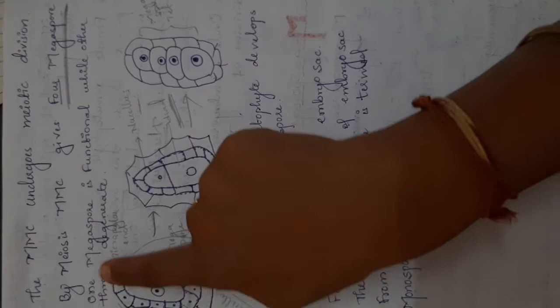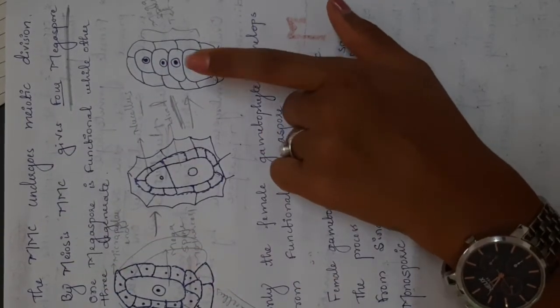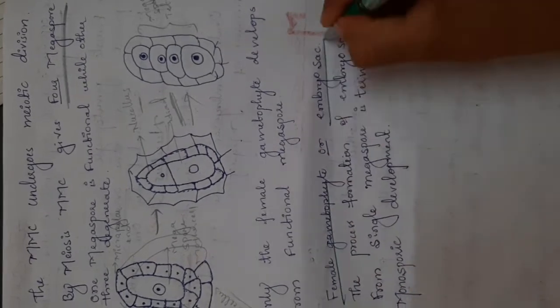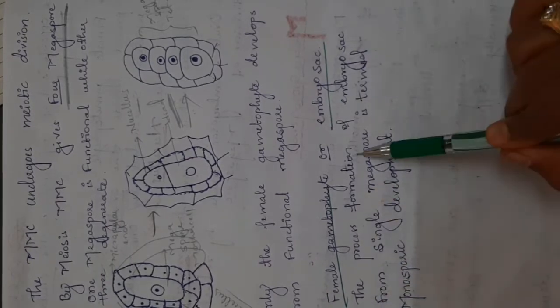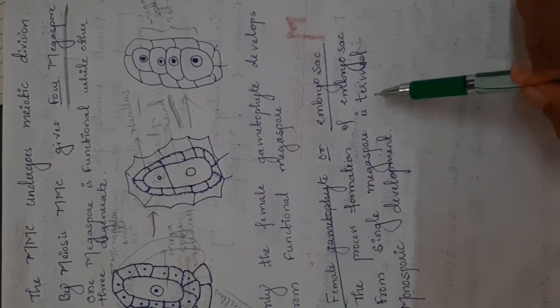Here one megaspore is functional while the other 3 degenerate. Only one functional megaspore is prominent. That functional megaspore develops to form a functional female gametophyte or embryo sac. Female gametophyte and embryo sac are the same. The process of formation of the embryo sac from a single functional megaspore is termed